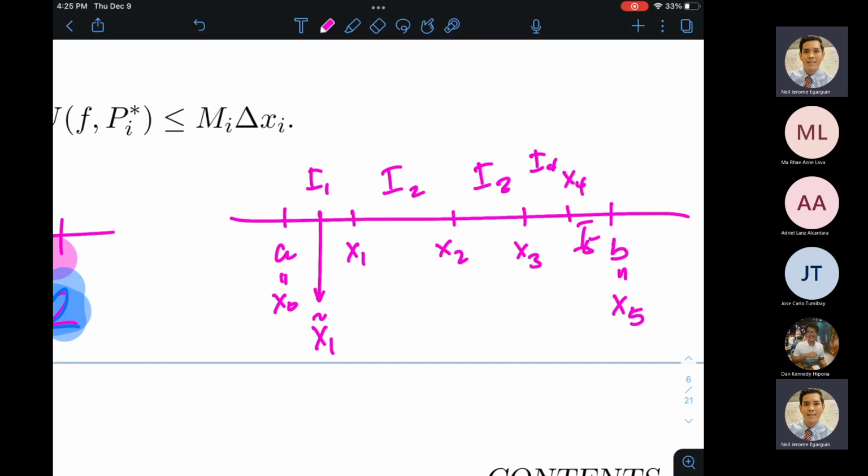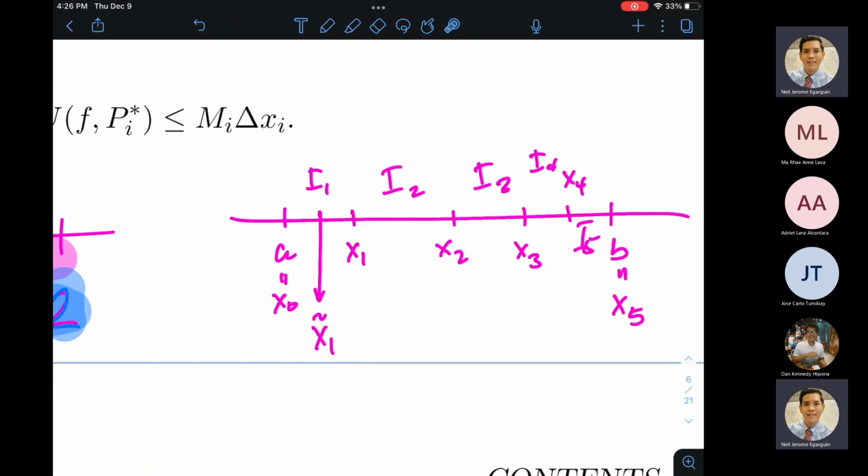So, merong nasingit na element ng partition inducer doon sa bagong set. Kasi nga, naging superset. Nagkaroon tayo ng mas malaking partition inducer. So, that means the interval I1, which is supposedly from x sub 0 to x sub 1, might have been further trimmed down into a finer and smaller partition cells of the interval AB. Nagkaroon ng nakasingat na x1 tilde. So I1 was refined, quote unquote, into 2 smaller subintervals, x sub 0 to x sub 1 tilde and x sub 1 tilde until x sub 1.